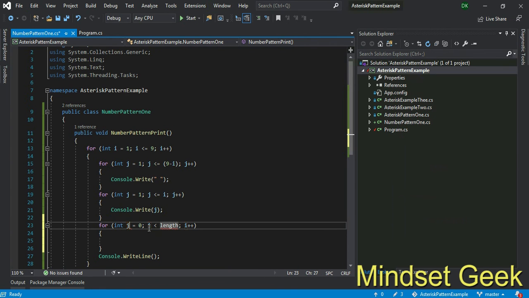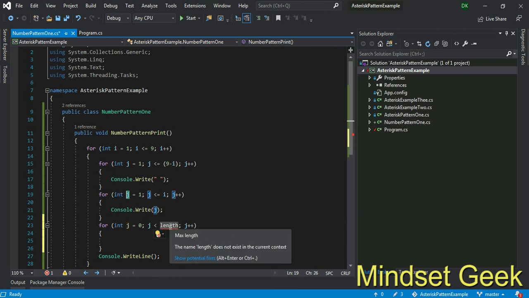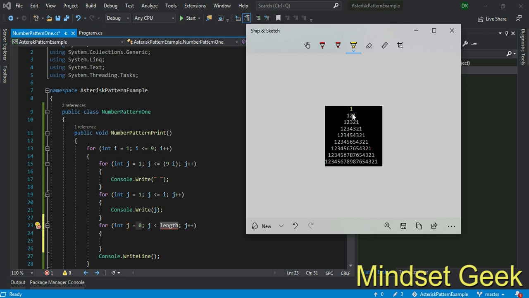This also uses J. We can use J, K, whatever variable, right? This int J is local to this loop and this J is local to this loop. This J and this J are completely different, right? In this example, this for loop iterates until this maximum value, meaning this is I, right?